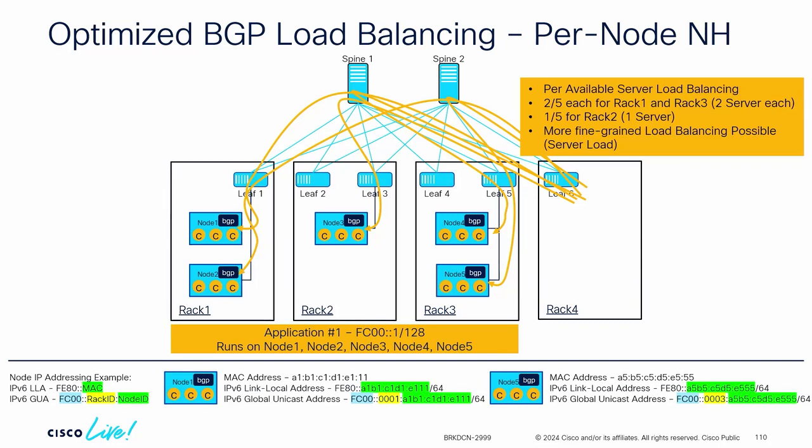1 flow goes to rack 2 because I have 1 node offering that service, and 2 flows go to rack 3 because I have 2 nodes offering that service. If I add 3 more nodes in rack 1 offering the same service, all of a sudden it will become 5, 6, 7, 8 paths, and 5 of 8